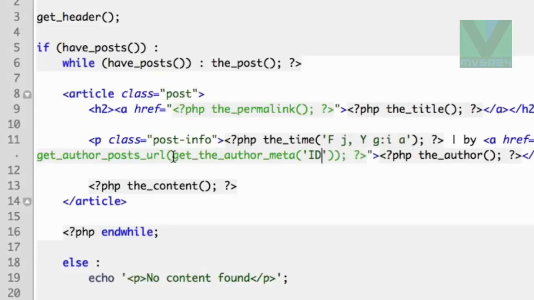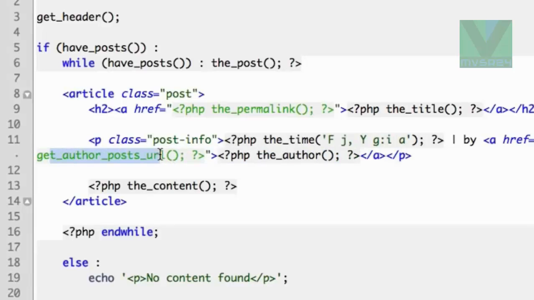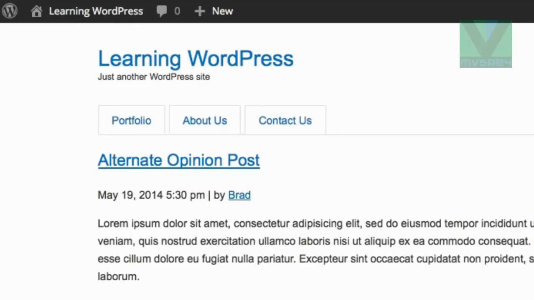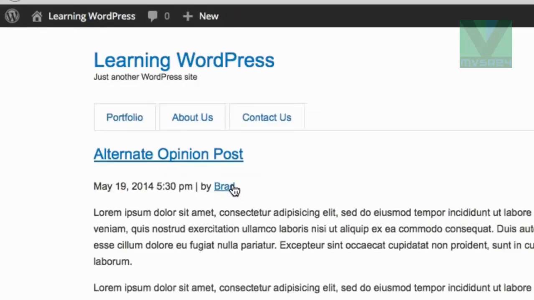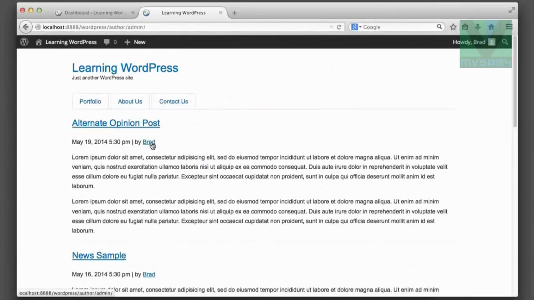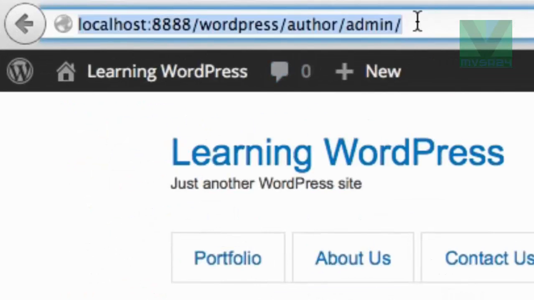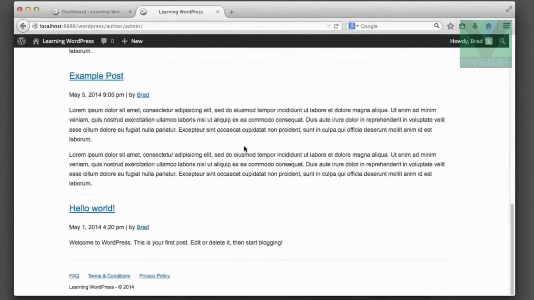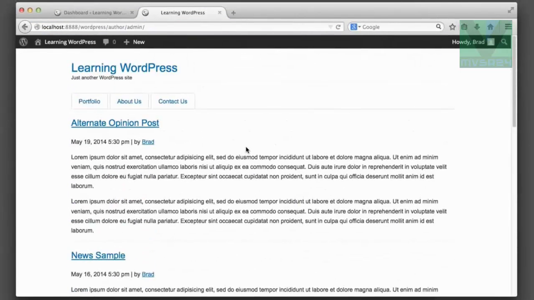So now, once we pass along, and remove this for just a second, we want to pass along an ID number into this function, get author post URL, so it knows which URL to get. So I'll paste that back in. So now if we refresh, we can see that the name is a link, and if you click it, in the URL bar, you can see that it takes you to the name of the site / author / their username. So then you will only see posts by that author, which is really useful if you have a website with